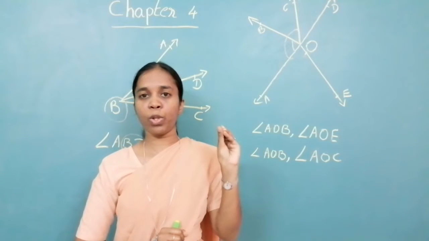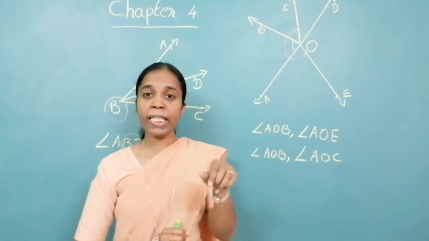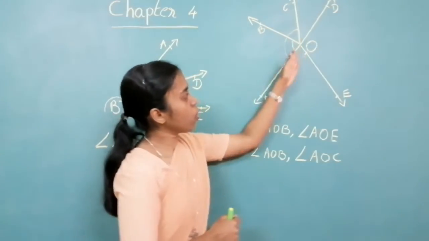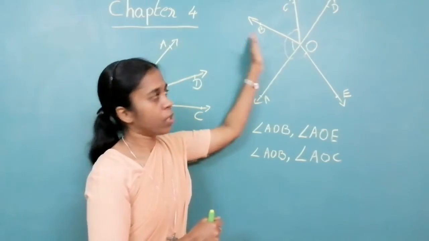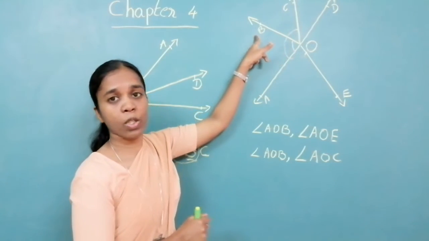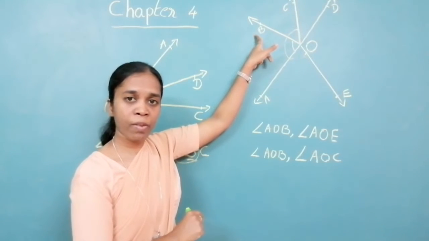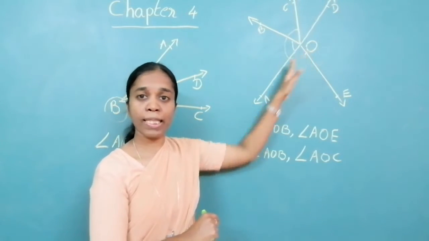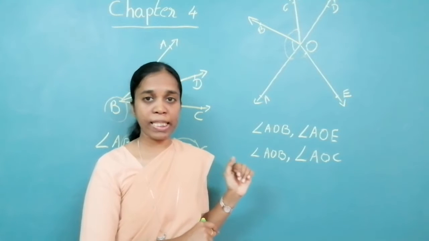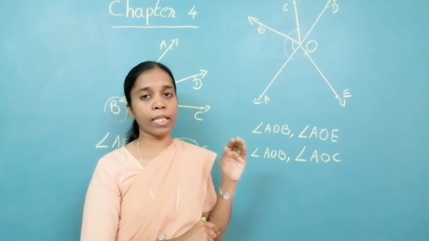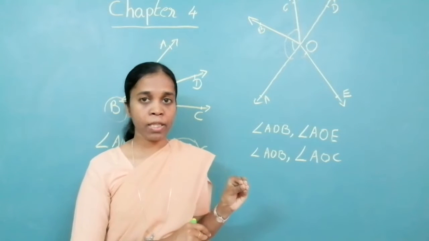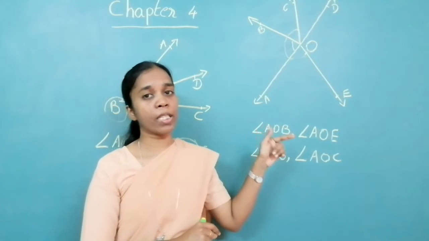So that point is important over there. Common arm in the interior of the angle. If you look at it, this is the angle we are talking about, AOC, and this is AOB. So this is the interior of the angle. This is the arm which is common in the interior. But what do we have here in common? AO. That is only the side arm, not the interior arm. So that point has to be kept in mind when we are deciding whether the given angles are adjacent angles. What are the criteria? They should have a common vertex and a common arm in the interior of the